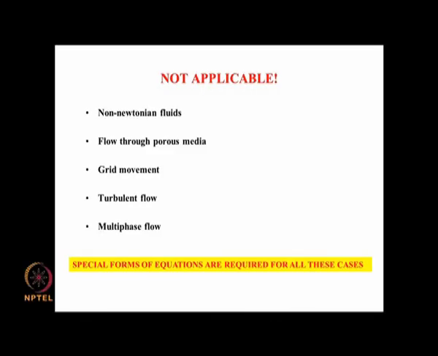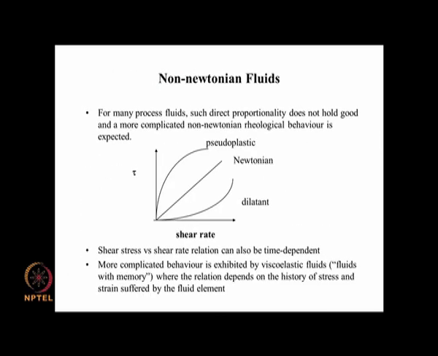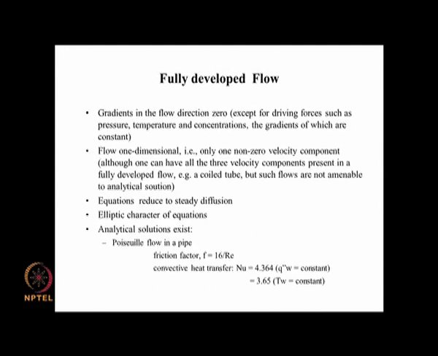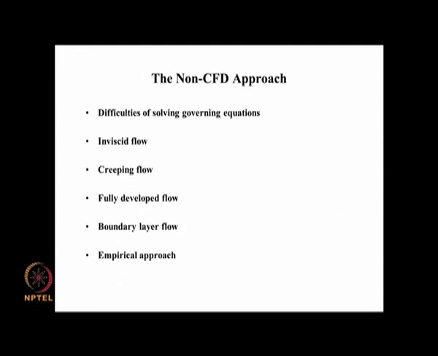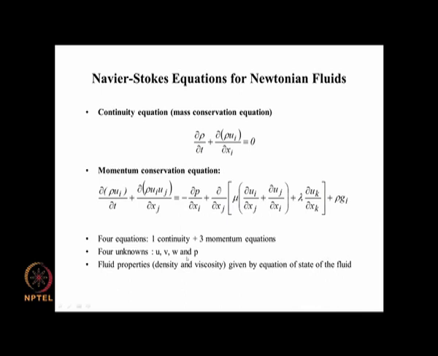These equations are in the form of coupled nonlinear partial differential equations, and these equations are 4 in number for the simplest case, and involve 4 variables, U, V, W, P, in the case of Cartesian coordinate system, and they require us to specify the density and viscosity, and the 2 coefficients of viscosity for the general case. So with these things we can go into solution of the equations, but before we do that we would like to bring in the considerations about the